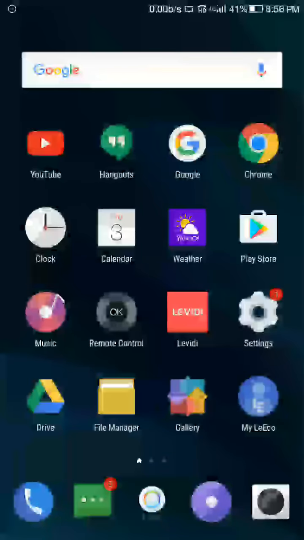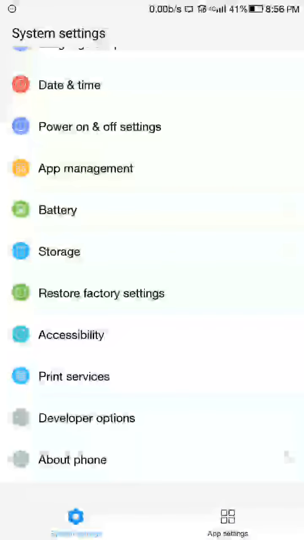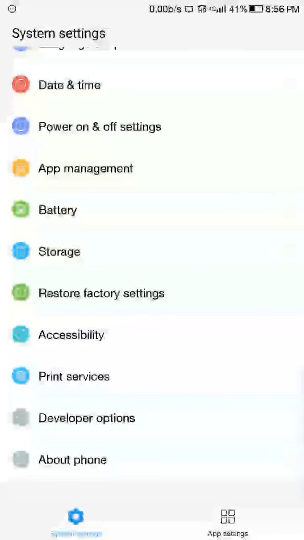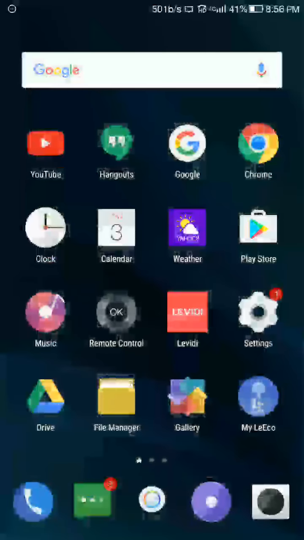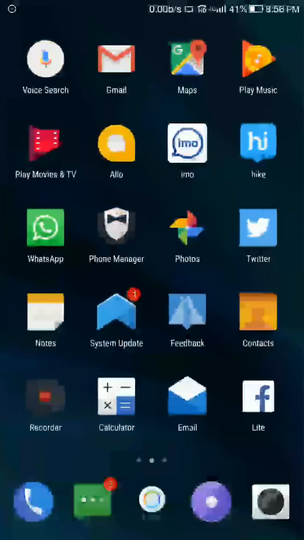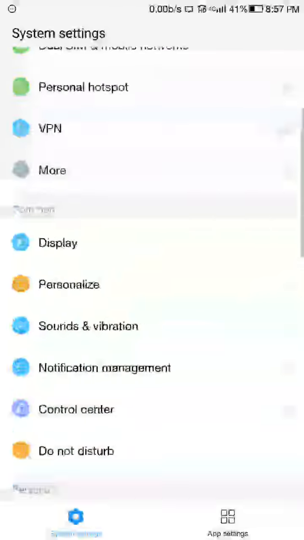Now, first thing that I would like to show you is that you can connect to settings. After going to settings, you can go to about phone, and I can show you that this is Lyco Latu, model name Lailu. Okay, now I will show you how to see hidden features in Lyco Latu. It's quite amazing.